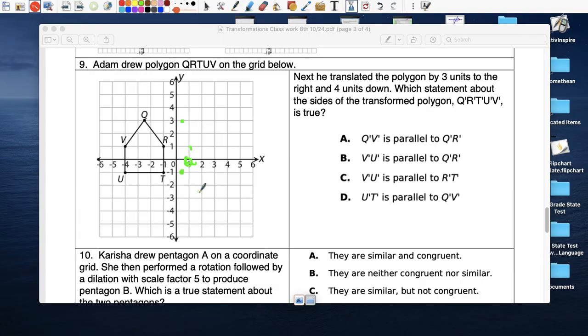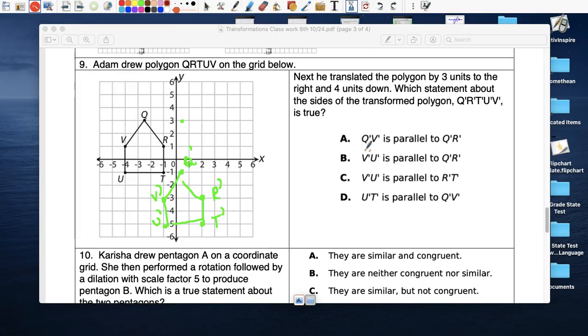And this one is going to go over here. That's R prime. T prime. This is going to be V prime and U prime. A little better. Okay, so that looks the same. Which statement is true? QV, let me highlight QV. QV is parallel to QR. Absolutely